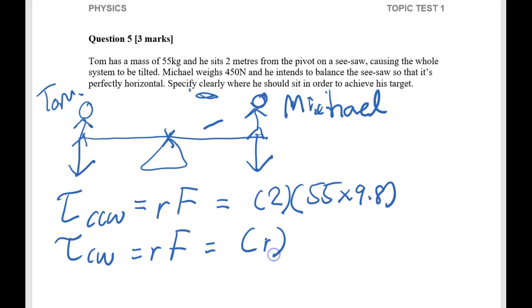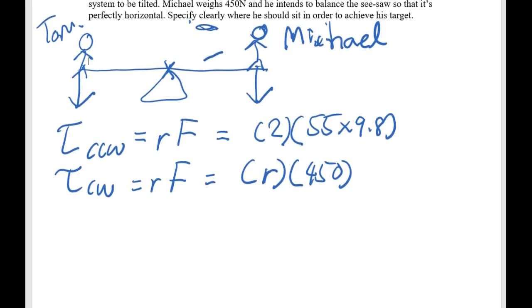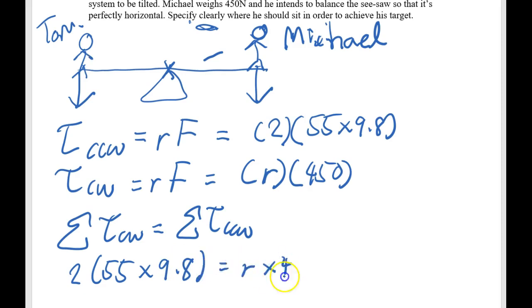You have to find what's the R, because R will be the lever arm, and the force for Michael will be 450. You do not need to multiply by 9.8, and you then have to stick to the rotational equilibrium principle, namely summation of all the counterclockwise torque shall be equal to clockwise torque. And in this case, I have two formulas. I shall equate these two. So I get 55 times 9.8 times 2 must be equal to R multiplied by 450, which in turn gives me the R value to be exactly